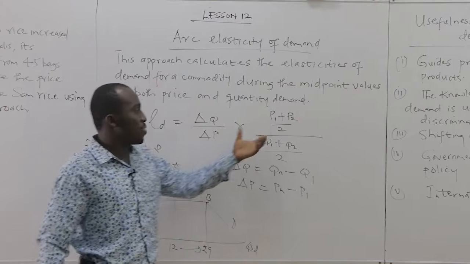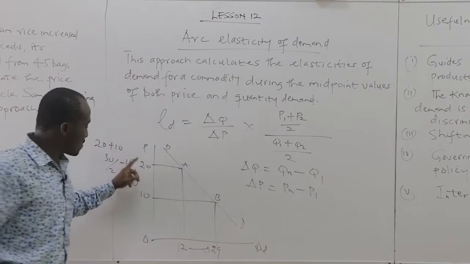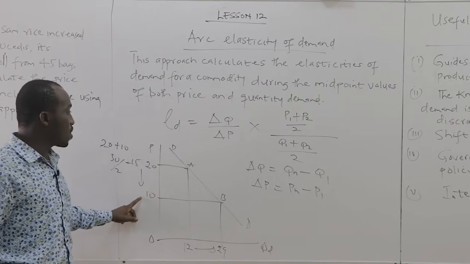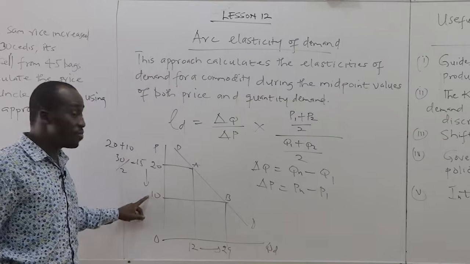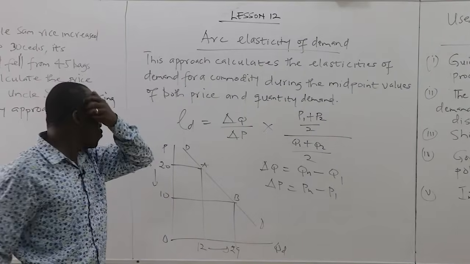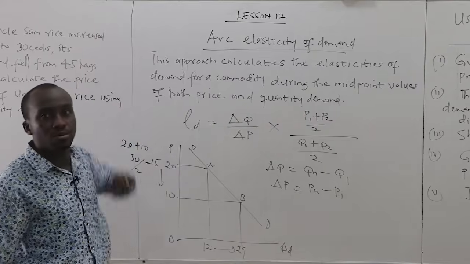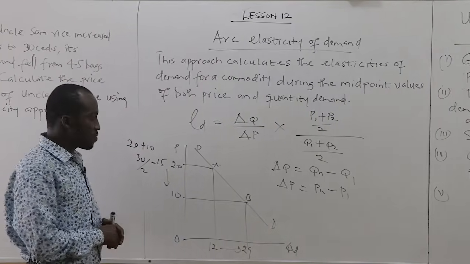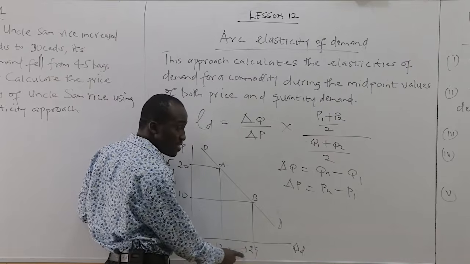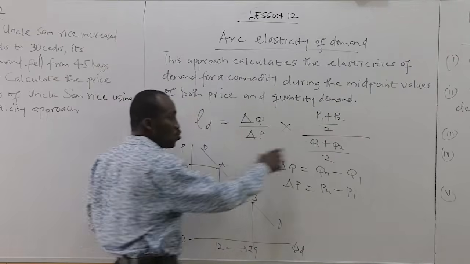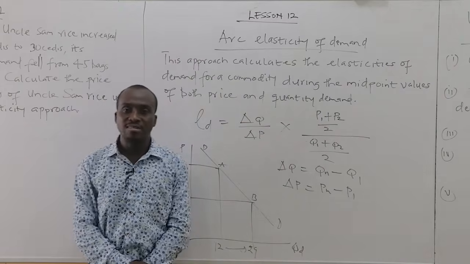So when you come here, you're going to use the midpoint. What's the midpoint? 20 plus 10 will give you 30, divided by 2. So you don't use only one of the prices, you use the midpoint value. When it comes to demand, we have 12 and 29. So you add 12 and 29 and divide it by 2, so that you use the average. The reason why they use the midpoint is that